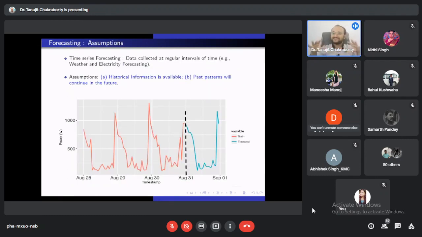So in time series forecasting, we have daily collected data, maybe the temperature, maybe the COVID cases, taken at regular intervals of time. When we start working on the forecasting,